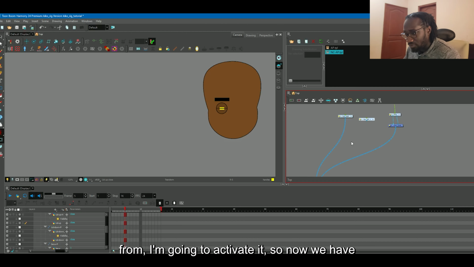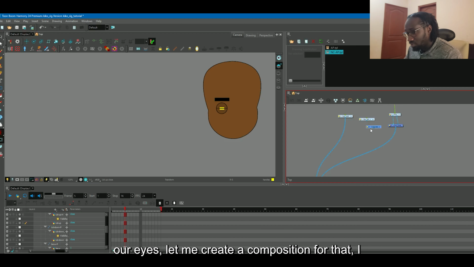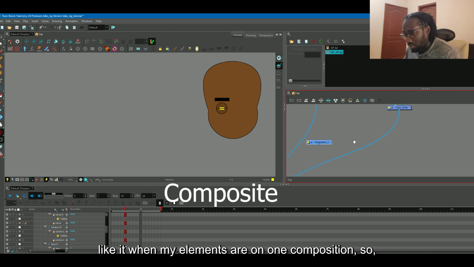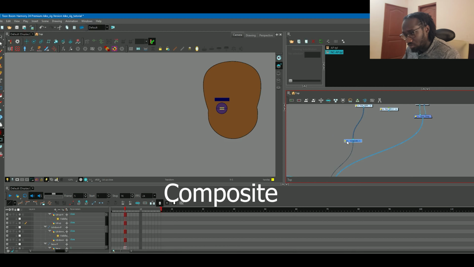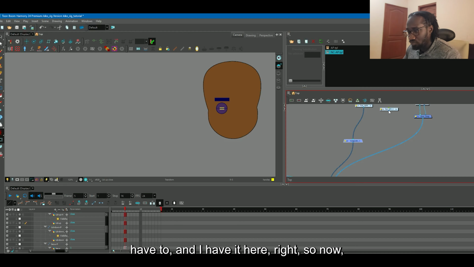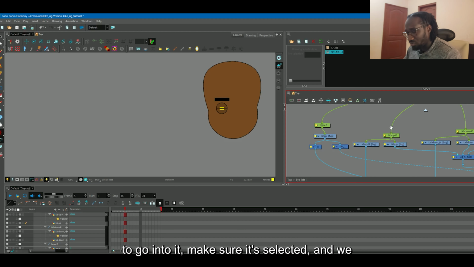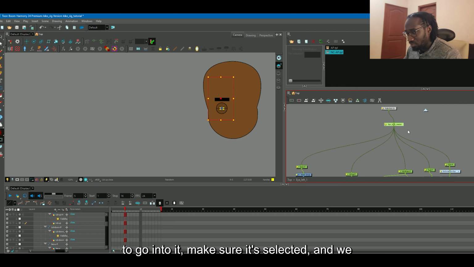So now we have our eyes. Let me create a composition for that. I like it when my elements are on one composition. So same as we did initially, gonna do what hash to, and I have it here, right? So now what we are going to do is we're just gonna go into it, make sure it's selected, and